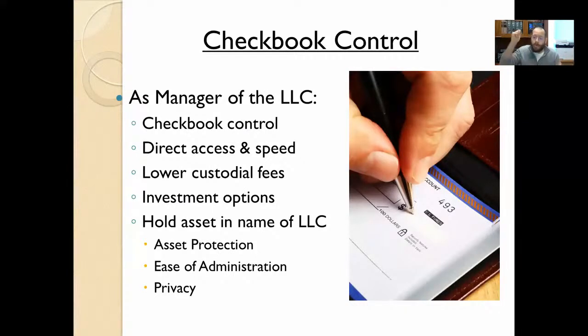Now, same example, sold $150,000. You as the check writer, checkbook control, write a check, $150,000, boom, there you go. Matter of fact, give me your debit card number. It's the same thing. You have checkbook control of an IRA LLC, speed, convenience, no need for direction letters, delays, etc. That's why most people use this within a real estate purchase environment. You don't lose opportunities because of the direction letter and time delays with custodians. Direct access and speed, lower custodial fees, as a matter of fact, none because you're doing it all yourself,